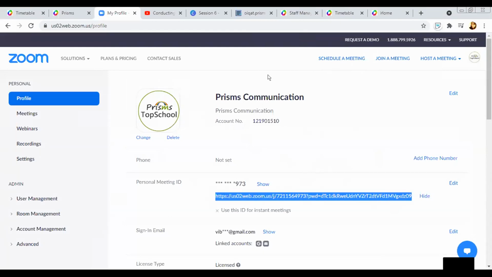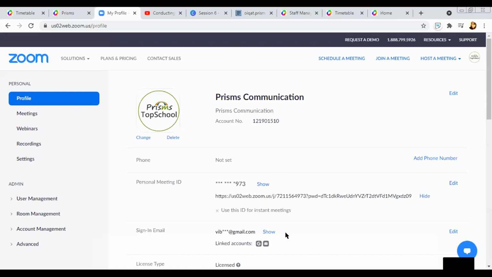If you have scheduled meetings using that account, no issues. If you go to the meetings tab in your Zoom, you'll see the option of the personal meeting ID, and that's different from the recurring or scheduled meeting IDs.